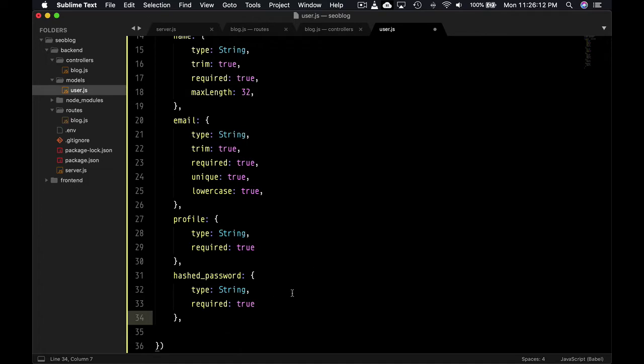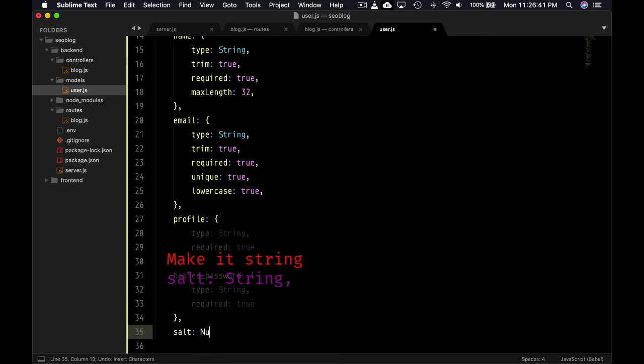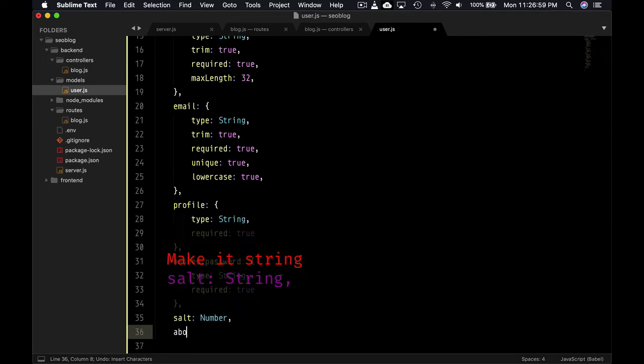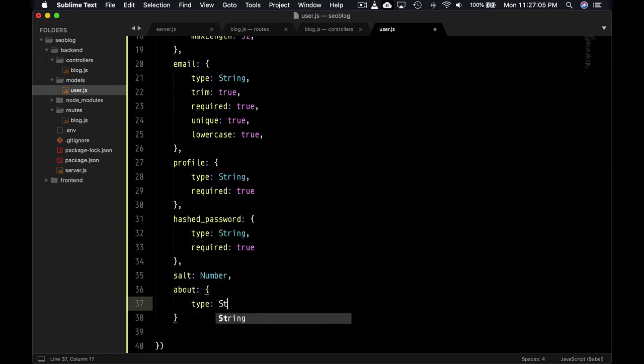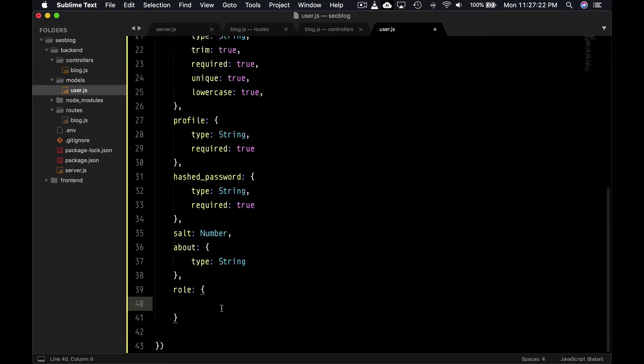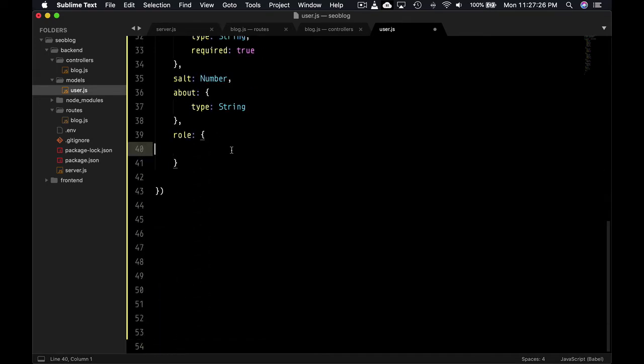All right, we're going to use the salt as well. Salt will be used to define how strong you're going to hash the password. Salt will have some numeric value, so we will be generating salt as well. At the moment we can just say the number type. Then we want about as well, so about is going to be type string. Then we're going to have the role as well, because we will be having role based authentication system. Type number,